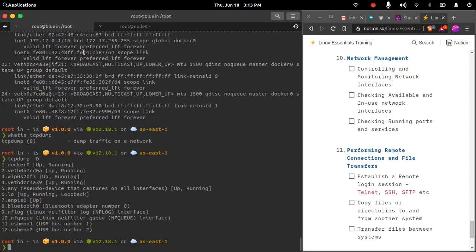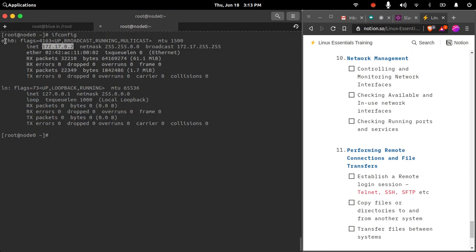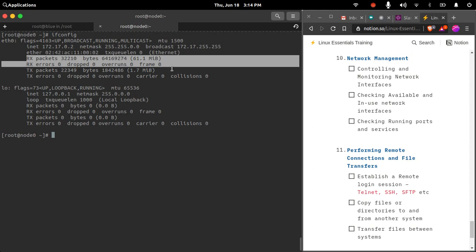If we look at the fields that are displayed, you would see this is the device name, and this is the IP address detail, the network address basically that is attached to this machine. It has an IP address in the 172 range. Similarly, the netmask and broadcast address, and this RX TX is your receive and transfer bytes.